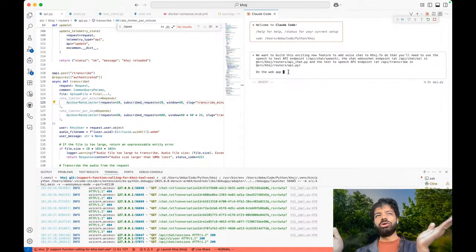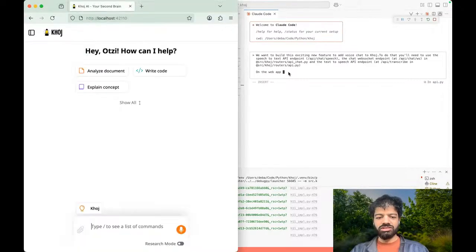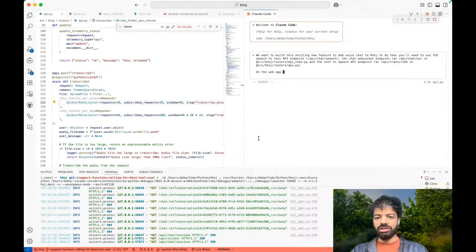We aren't getting into auto turn detection right now. Again, if you have time, we can do it, but I doubt that we'll have time to do that in this 1 hour. But what we want to tell it is this component is called the chat input area. So on the web app, you need to add